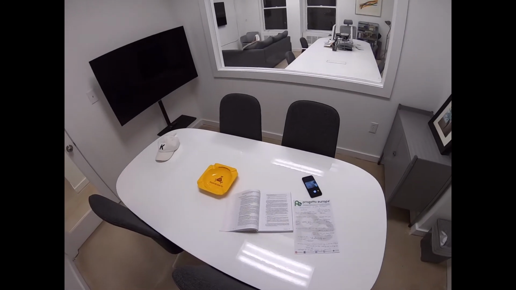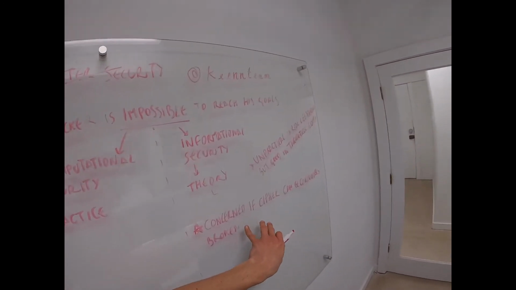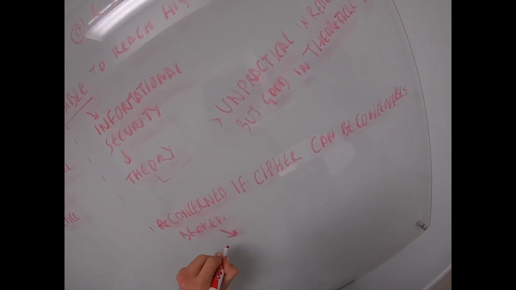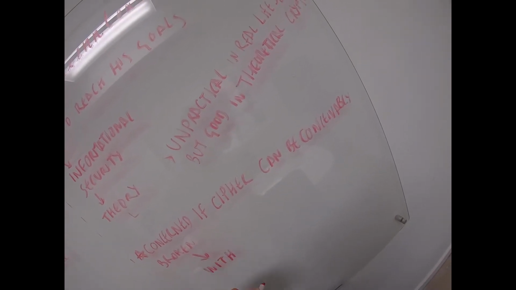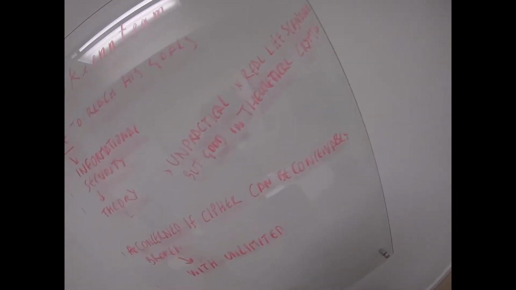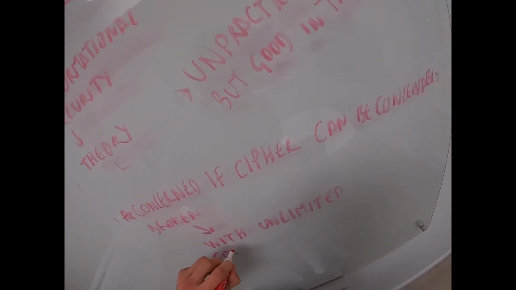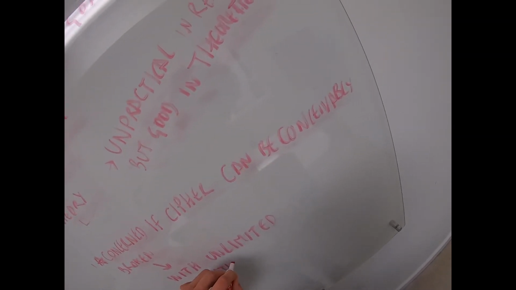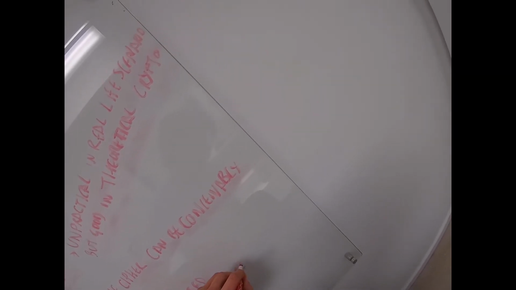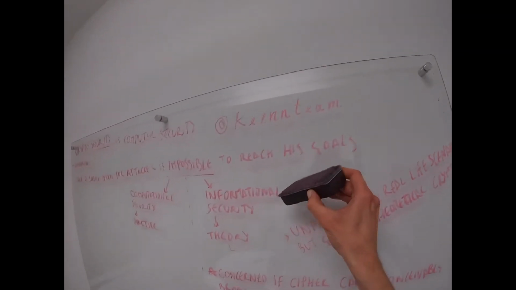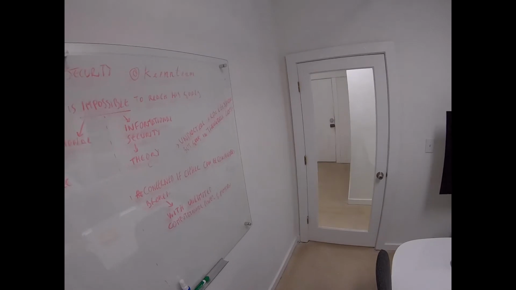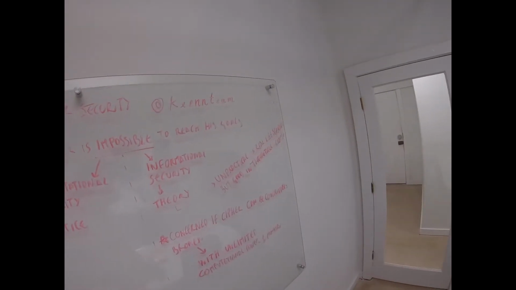Even if it takes a billion years, okay, can we go with this is the key, unlimited computational power and memory. Okay, so again, informational security assumes that the attacker has unlimited computational power and memory, unlimited time, and